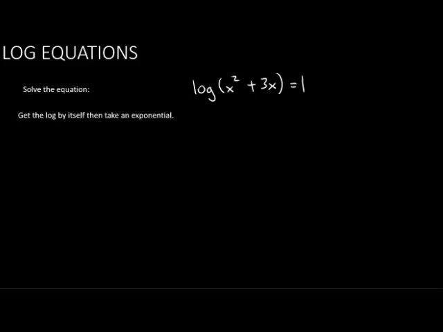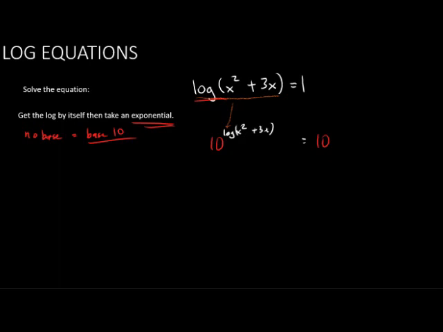We may notice that this log is already by itself on the left, and this log has no base written by it. If you have no base written for the log, it is automatically base 10. That means the exponential that we take must also be base 10. So on the left and right, we will write base 10, place an equal sign in between them. Then everything from the left side we'll move to the exponent on the left. We'll have 10 raised to the log of x squared plus 3x. On the right, we'll start with a 1, make that our new exponent, and we'll have 10 to the first